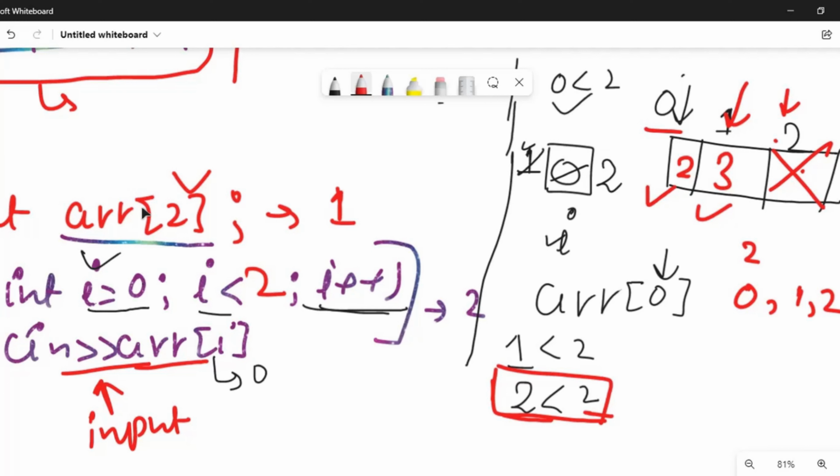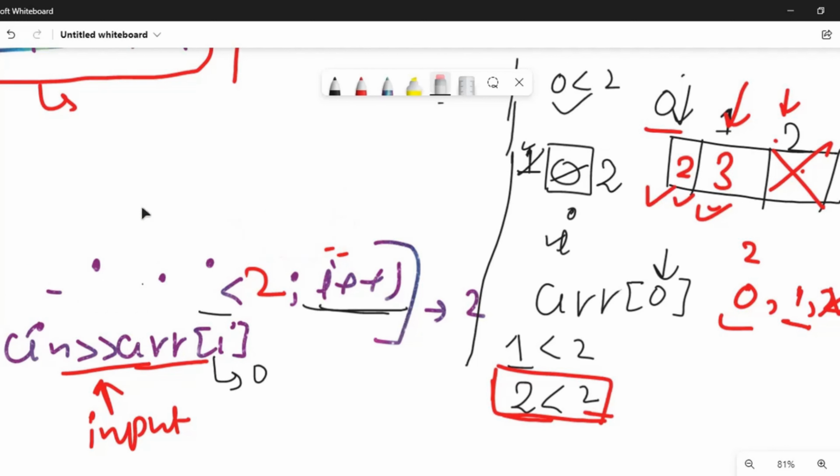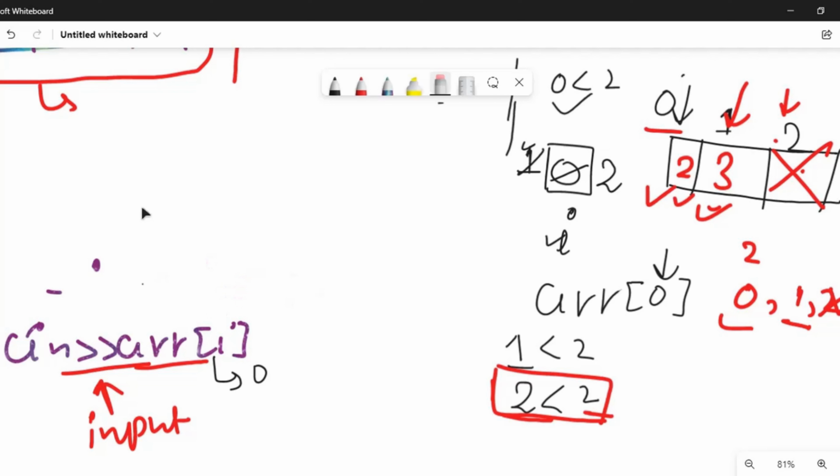Sorry for my mistake, because what we have defined here as 2 tells that we'll have only 2 elements in our array, which will have the index 0 and 1. So for that, we are going to run our loop from 0 to n minus 1. If we do that, we'll have the elements in our array, that is 2 and 3. The problem still remains, so let me explain with one more example. Sorry for my mistake. Let me once again explain it.